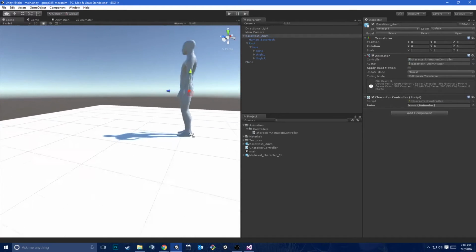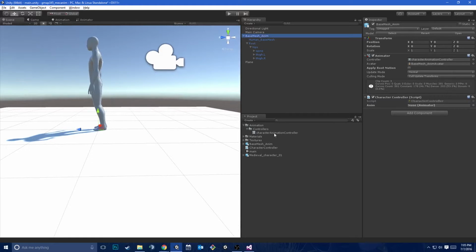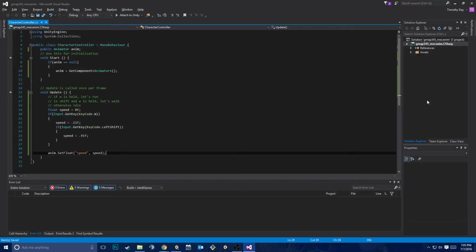Alright, got a pivot point, and we want the guy to